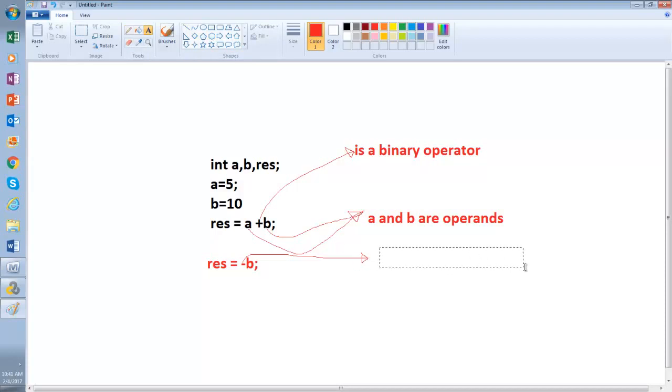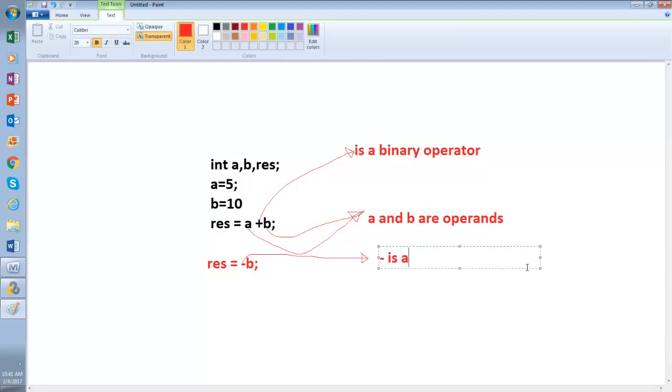Here this minus is a unary operator, because it has one operand, that is B. Got it? There is no A. Two operands means binary, and one operand means unary.